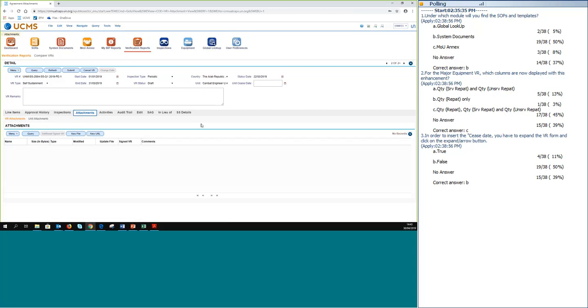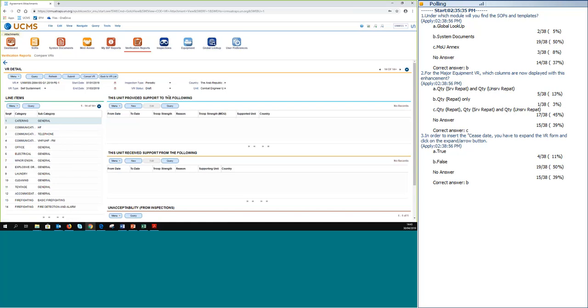So for SS VR, I would go to SS details. I've clicked on the SS detail tab, and what I would like to highlight here is the renaming of the different sections. As you can see, the supporting fields or parts have now been renamed. So you can see this unit provides support to the following instead of supported and supporting by. Okay,